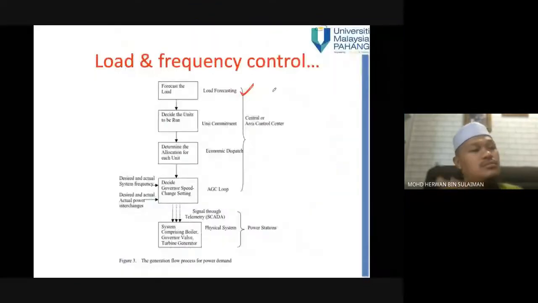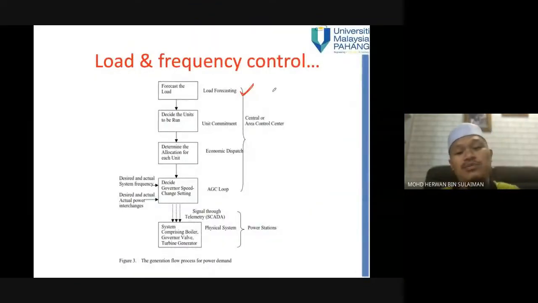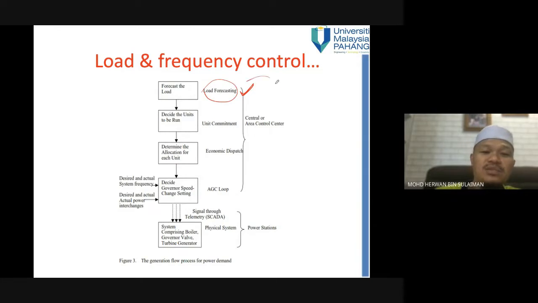So what you can do, dia forecast the load. That's why load forecast in power system is one of the research areas that is still going on until today ya. Load forecast. Biasa load forecast ni kita guna machine learning. Ni saya cakap in terms of academic lah. And then when we do the load forecasting, you start belajar daripada yang kita belajar dalam kelas ni,